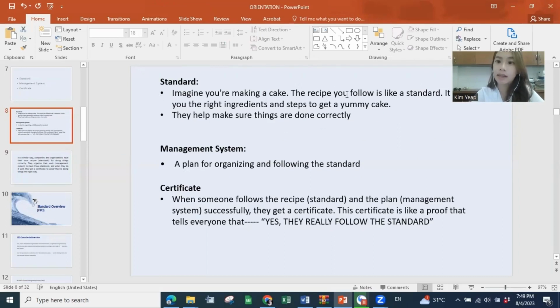So this is now the linkage. They have a halal standard, and they follow it. After following, they have the third party. They can't be auditing themselves. They need an independent third party to come and check whether they follow the standard. After checking and making sure that they do follow, they give them a certificate as proof. So this is an example.